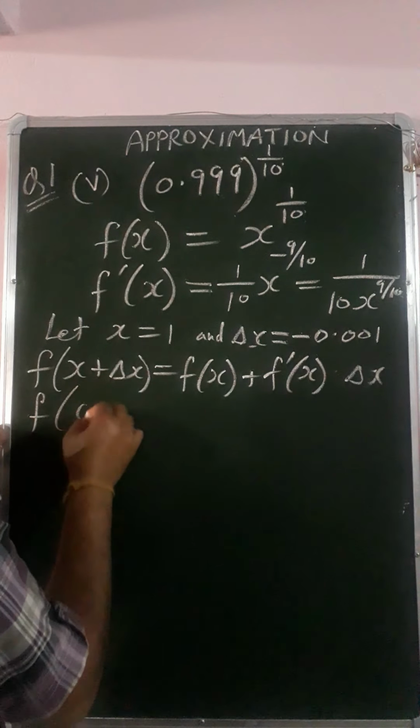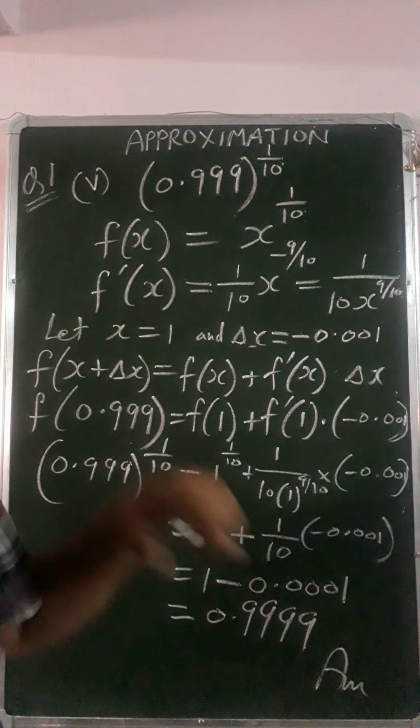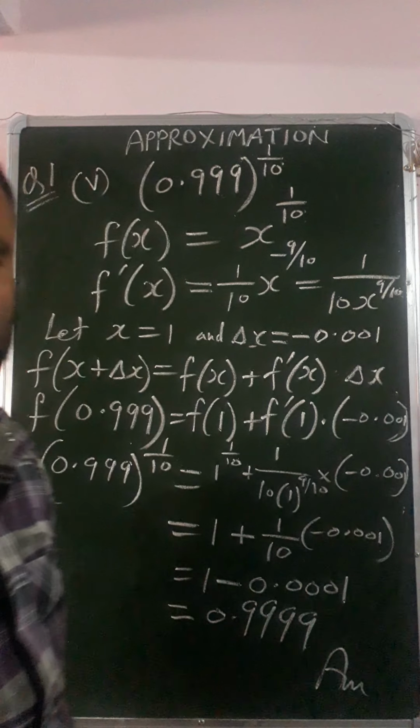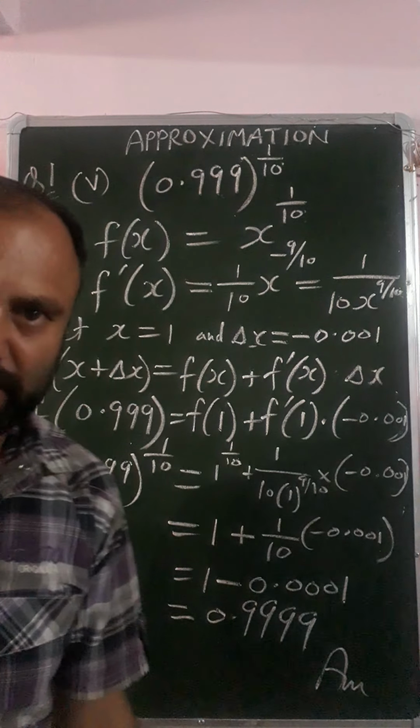So this becomes 1 minus 0.0001. So when you subtract them, we get 0.9999. So this is the right answer. This is the approximate value of 0.999 raised to the power 1 by 10. Right? Now,